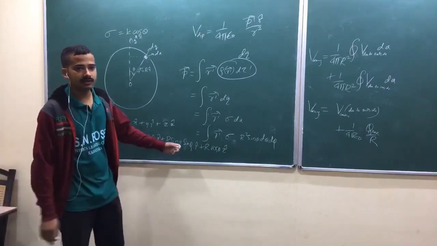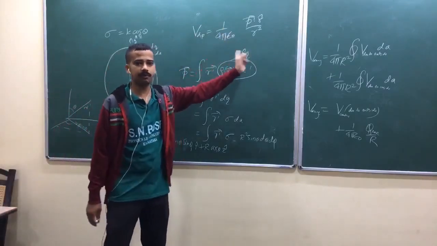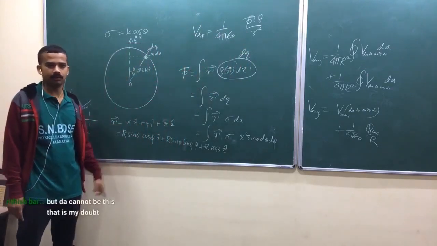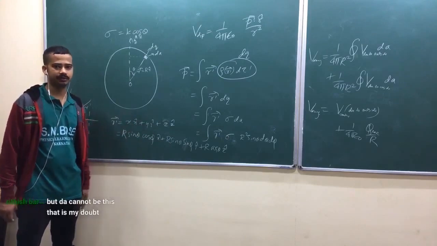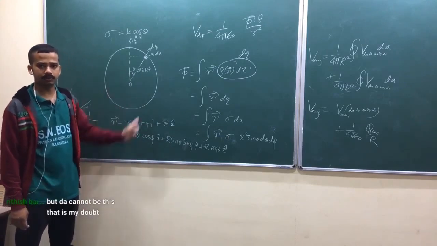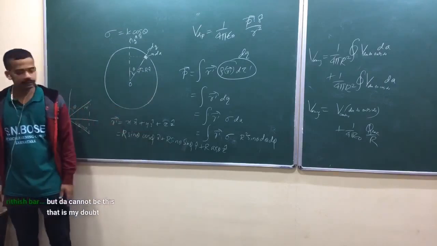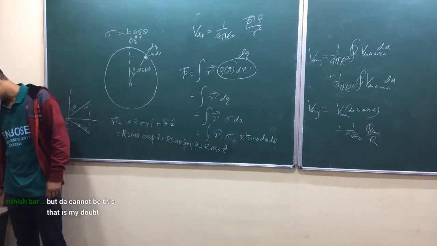Now you can substitute and find that this is the approximate potential for large distance. Why? If the dipole moment term is non-zero, then that is the dominant term at large distance. Monopole moment is 0, total charge is 0. Are you getting the idea? So that's why the potential falls off like 1 by r square at very large distance.